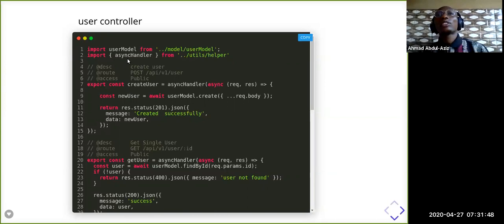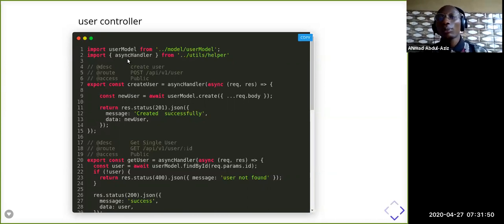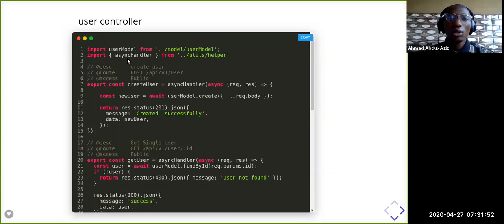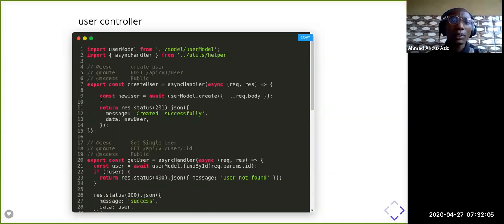I tried not to repeat try and catch all the time, so I created a function that helps me handle that try and catch, which is inside my helper, that's the utility folder. And for me to create a contact now,